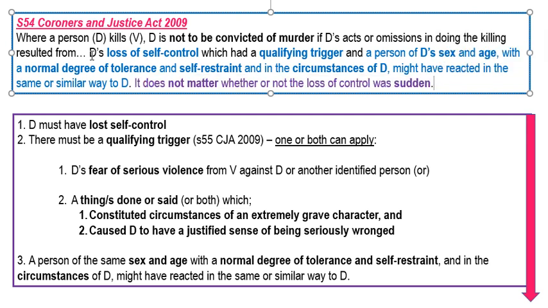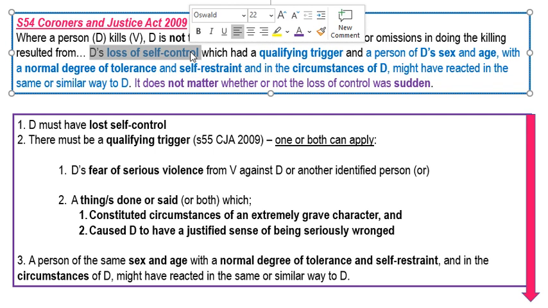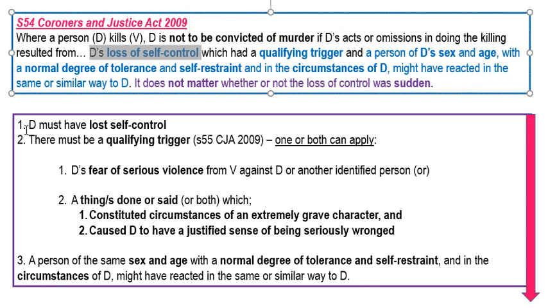So the first thing that the jury need to be satisfied on, the first thing that the defence need to prove, okay, for defence, so on the balance of probabilities, is that the defendant lost self-control, okay? So I've written that below as the first point, and that's the first thing that in a scenario question you need to describe, and then you need to decide using the facts from the scenario. And we're going to look at this actus reus element in detail today.